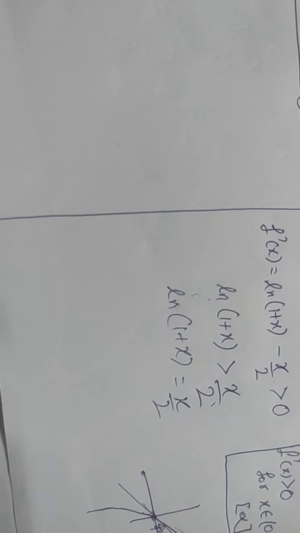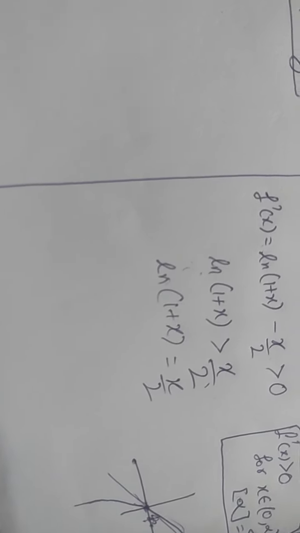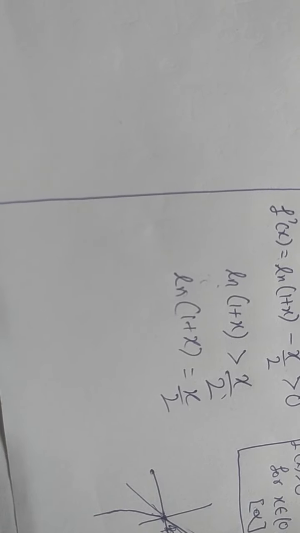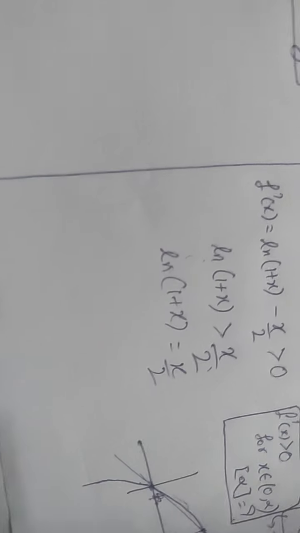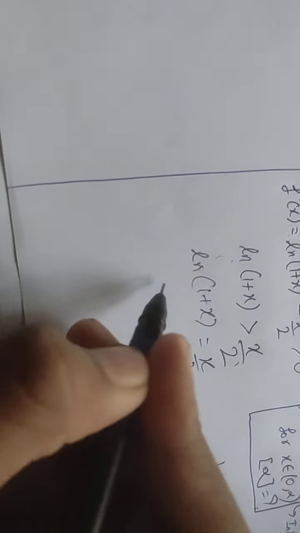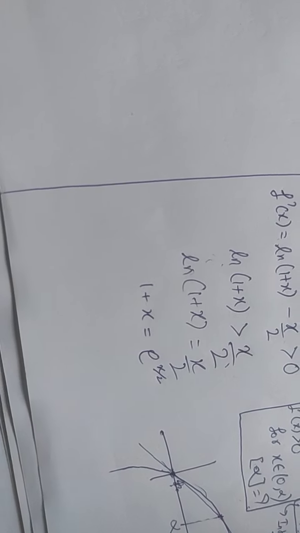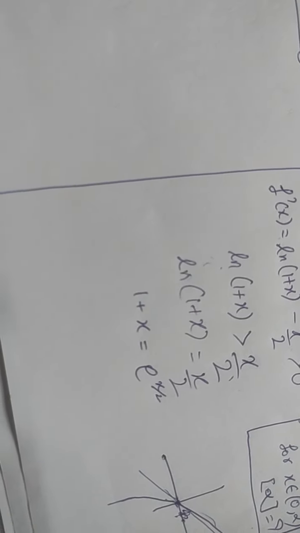Try the hit and trial method. So, put x equal to 2 and see. Now how to solve this? 1 plus x, take the e to that side, x upon 2. So as you can see,